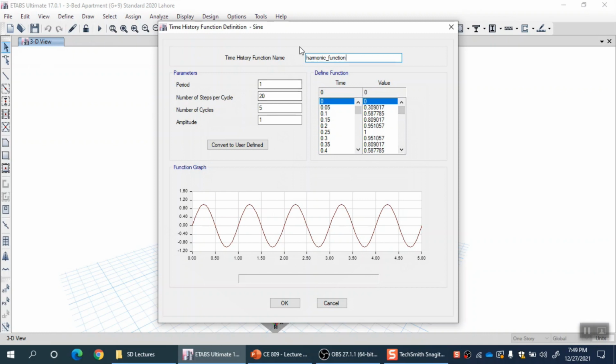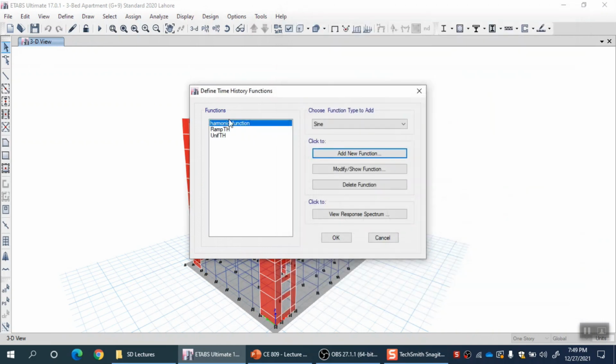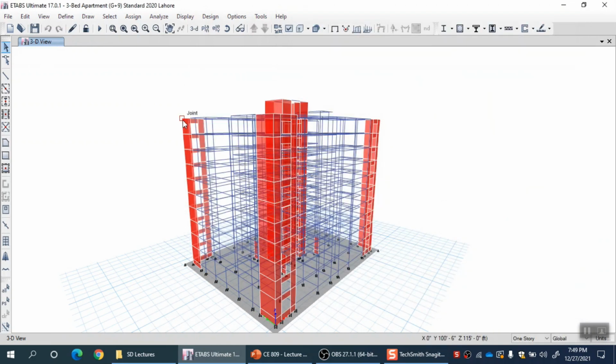So let's say that I want to apply, let me just click OK and I will come back to this again. Let's say that I want to apply a loading of 1000 Newton here in the x direction, and that 1000 Newton should be harmonic, and that omega bar is already, let's say, available, it is given already.